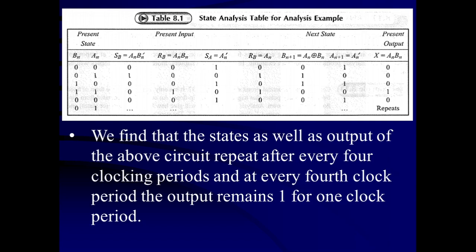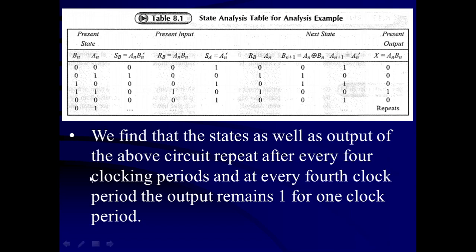Looking to the state table, we can see that when the clock pulse hits both the flip-flops together, on a first clock pulse the output is going to be 0. On a second clock pulse output remains to be 0. On third clock pulse also output X remains 0, and after the fourth clock pulse output becomes 1. And this output of the AND gate X remains high for 1 clock cycle. And again this cycle is going to be repeated. That means this analysis is going to be repeated for another 4 clock cycles.